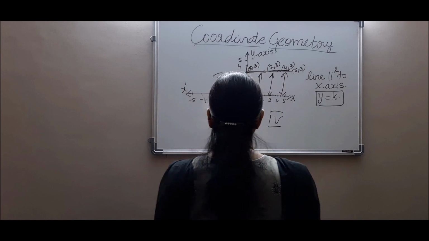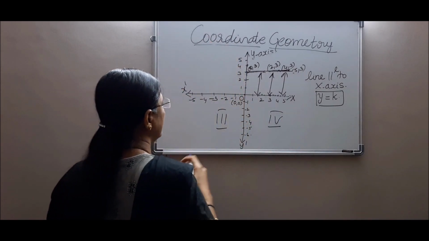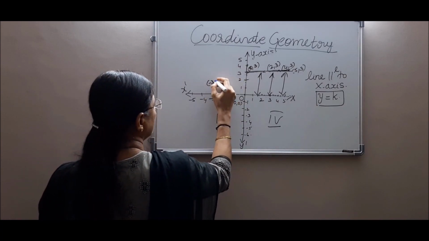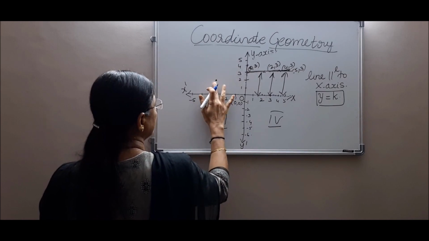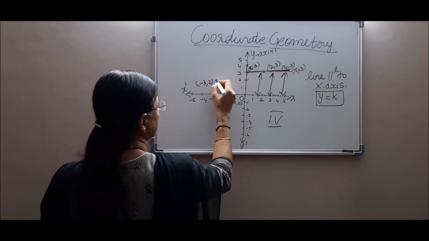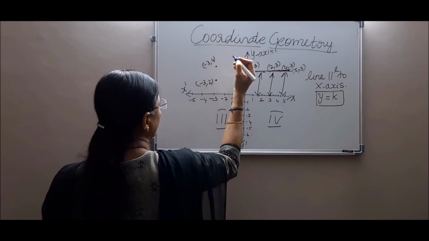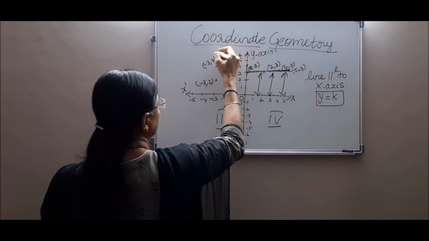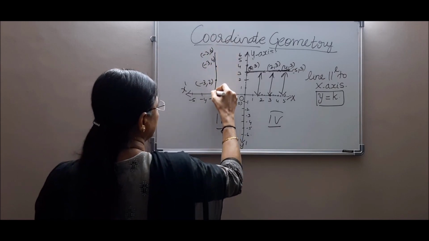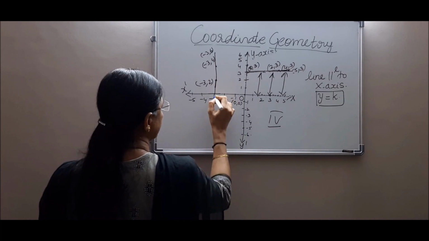Now, let me draw here. Let me have a point like -3 comma 2. See, this is a point here, -3 comma 2, because corresponding to 2 I have -3 here. Next, you have another point which is -3 comma 4. I have another point, say -3 comma 6. If I join all the 3 points, it meets at -3 on the x-axis.